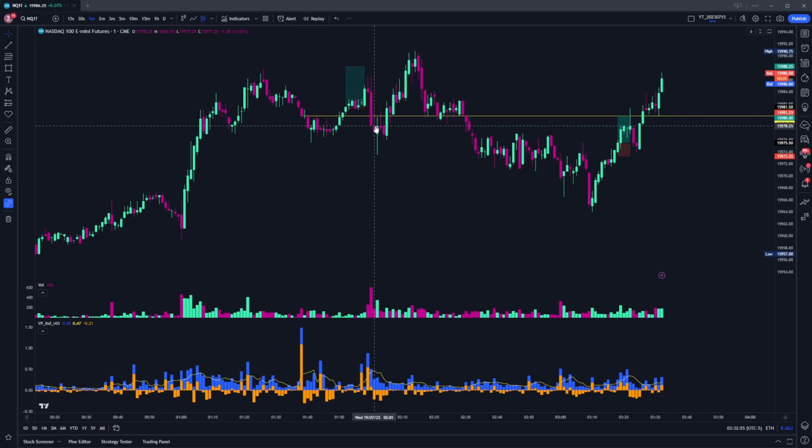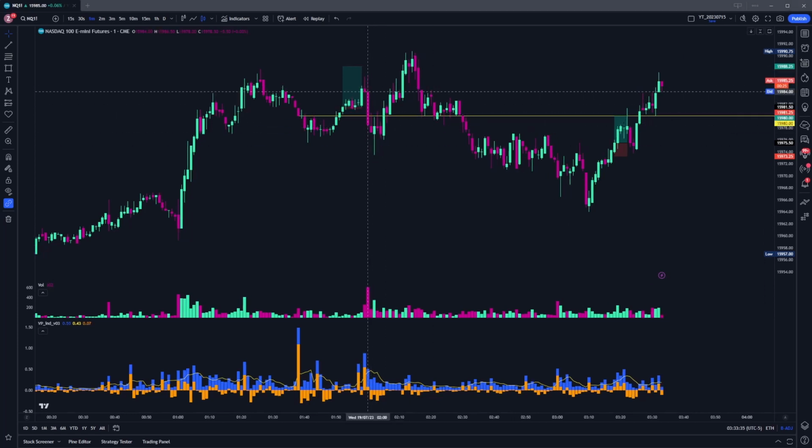It gets pushed down just to test the new trend that is forming. Also, you could see that the previous candle right here actually did have a lot of resistance. And so this could be why we had this big drop down lower. And this is also something that you can scalp, but you have to be really fast, because this key level,